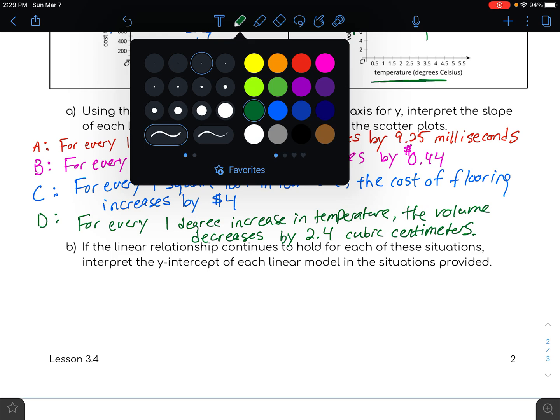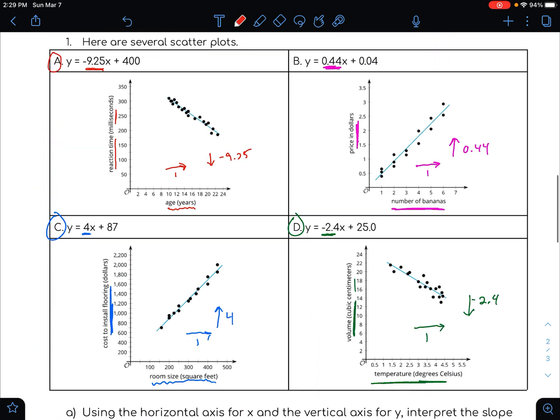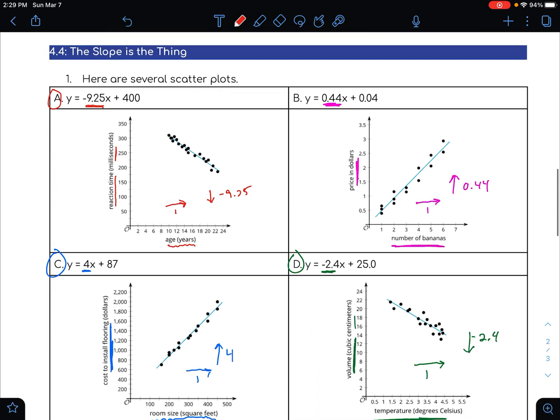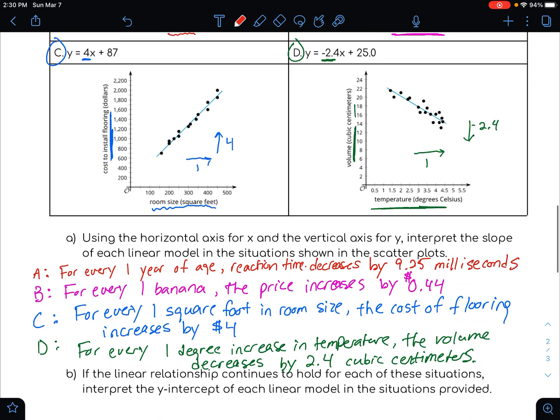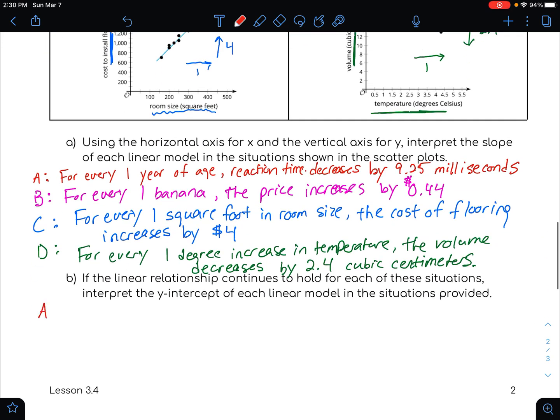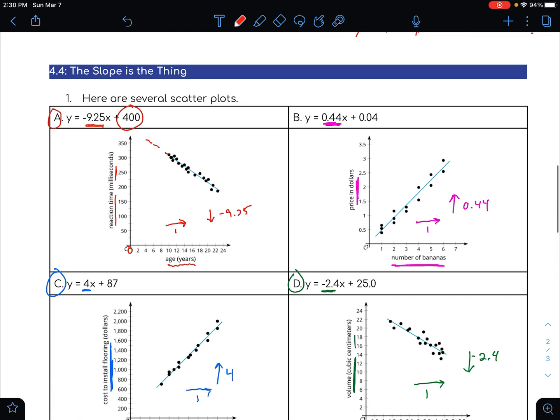All right, let's go back up to that first one. Now notice that the linear models really don't have a y-intercept that's easily shown. You could try to trace this back until you get to 0, and you could come up with an estimate of it. But the y-intercept is shown in the equation, so we know that it actually is going to be 400. All right, so what does that mean? Well,